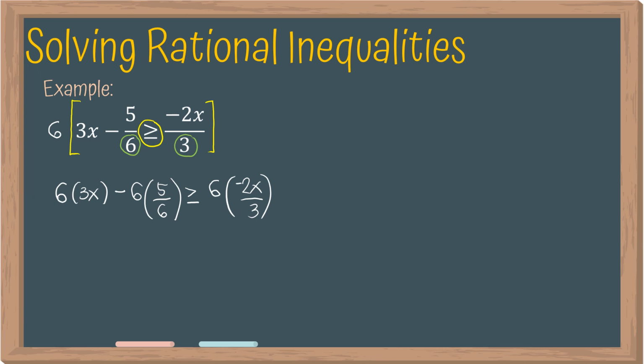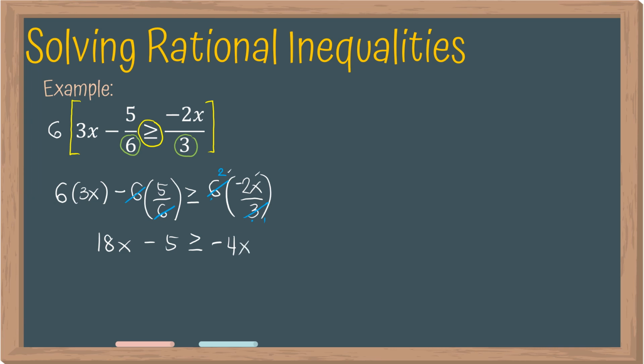So, tingnan natin kung meron tayong pwedeng i-cancel out. So, 6 and 6 here can be cancelled out. So, yung 6 natin dito, saka yung 3 are both divisible by 3. So, divide by 3, that will be 2. And then divide by 3, that will be 1. Okay? So, after that, we will have 6 times 3 here will become 18x. And then minus 5 is greater than or equal to, we have 2 times negative 2x, that will be negative